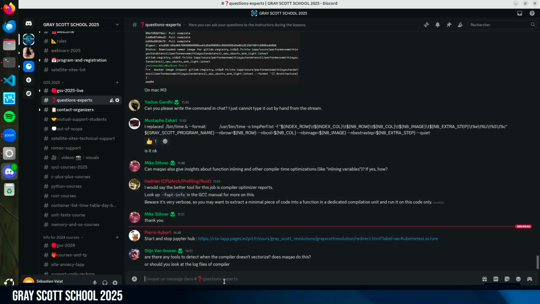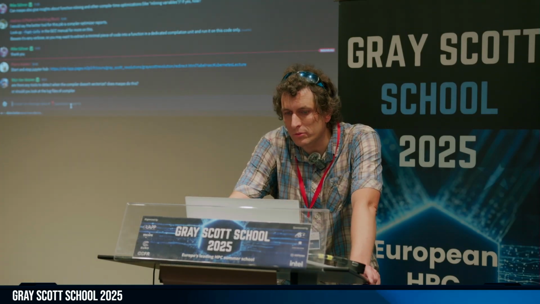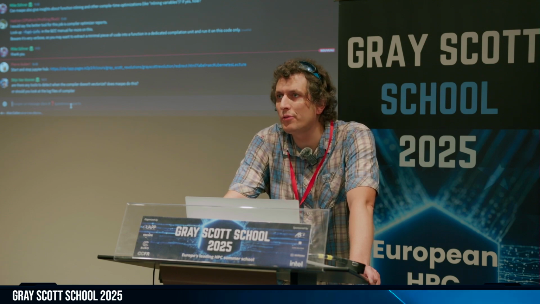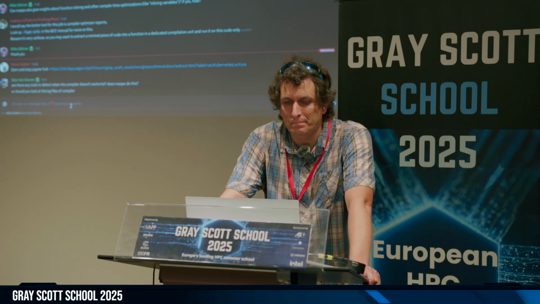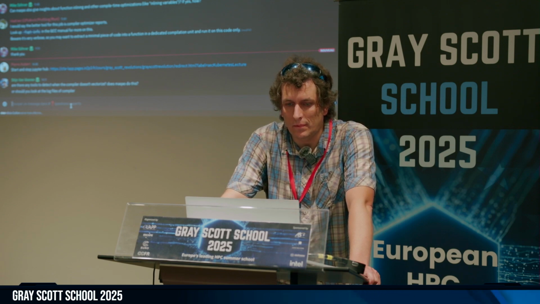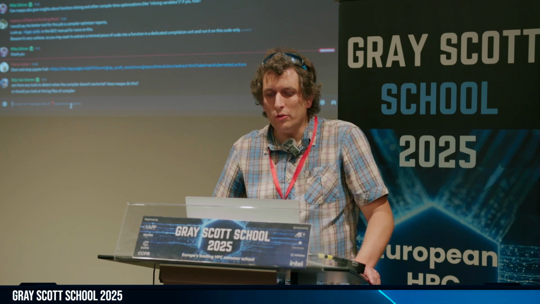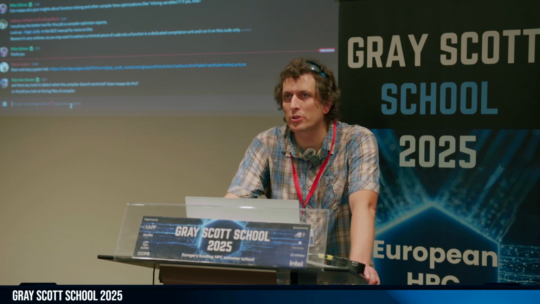Are there some tools to detect if the compiler doesn't vectorize? Does Maqao do this? Yes, Maqao is one way to get it. The other is to use tools like Intel Advisor or this kind of thing, which will also tell you. Maqao is quite simpler compared to using Intel Advisor for this. But yes, you can check. And with Maqao, if you verify the OpenMP version, you will see that it tells you that it's not vectorized. You can also look at the log of the compiler, which is possible with some compilers. There is an option which can log if they vectorize the function.